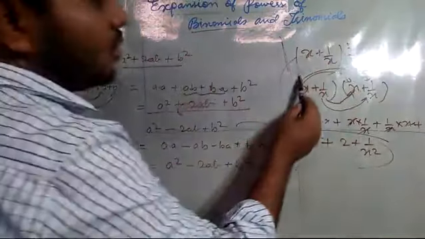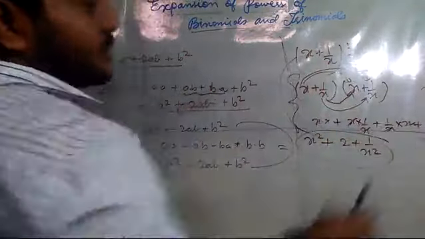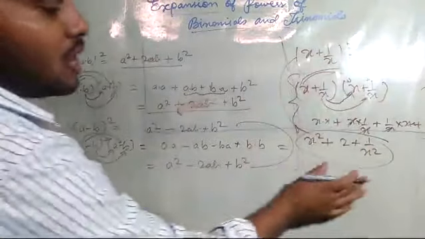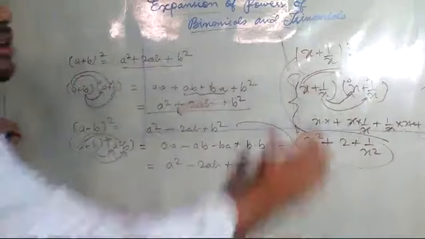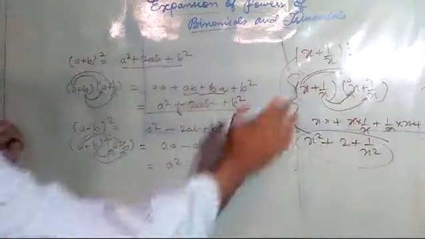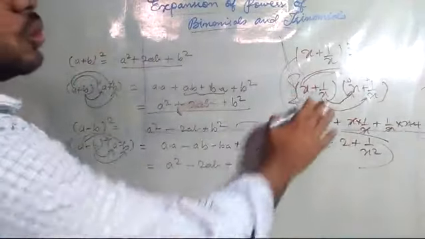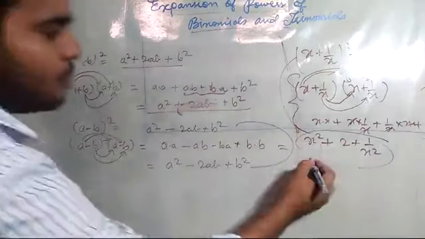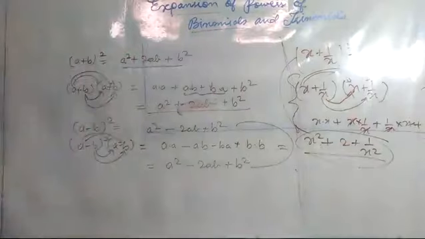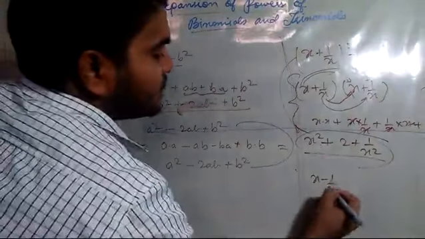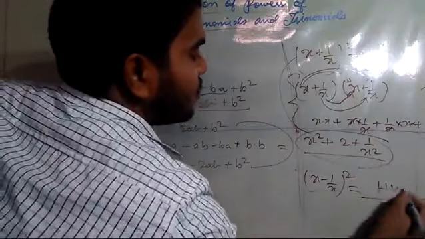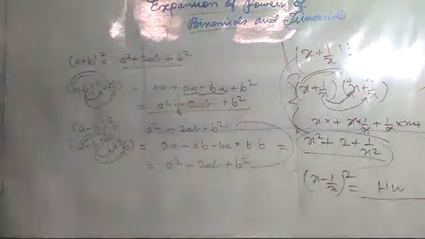In your paper, no need to write this thing. If you are asked to write the formula directly, you can write this. No need of showing these two lines. This is only for you to understand how we are writing. Now suppose with the negative part, you all practice at your home, what will be its formula, you write. This is your homework, okay, how to write in these two methods.